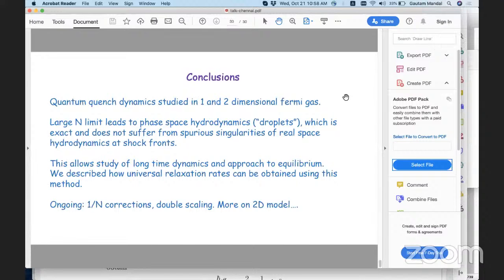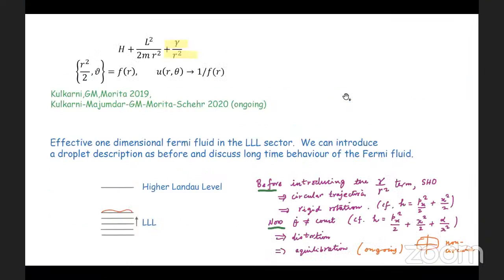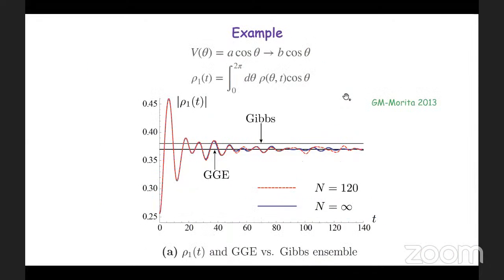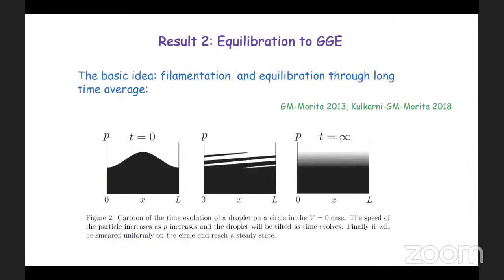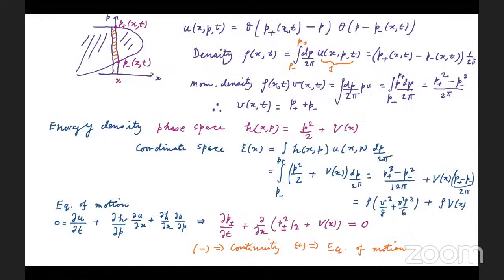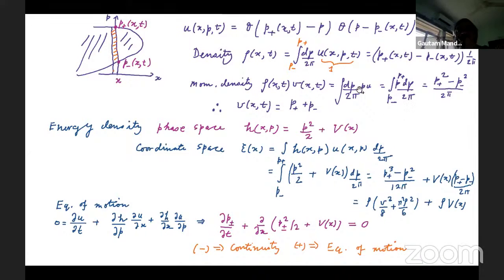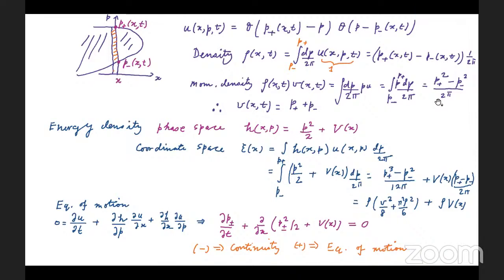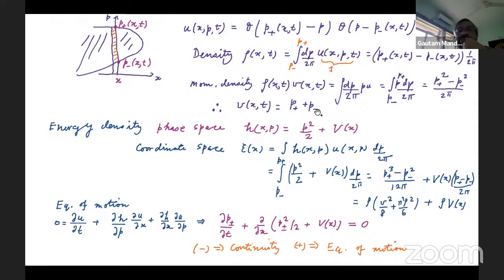Yeah, not anything conceptual. In the derivation you showed for the momentum density and the energy densities, shouldn't the v(x,t) be (p plus p minus)/2? From the derivation, it seemed like it should be the average thing because it's a p dp integration, so there should be a half factor. So the p dp integral is p plus squared minus... Yes, indeed. Thank you. So there is the average of... There's a 4 pi here, and it will be given by (p plus p minus)/2. Thank you. Thanks a lot.